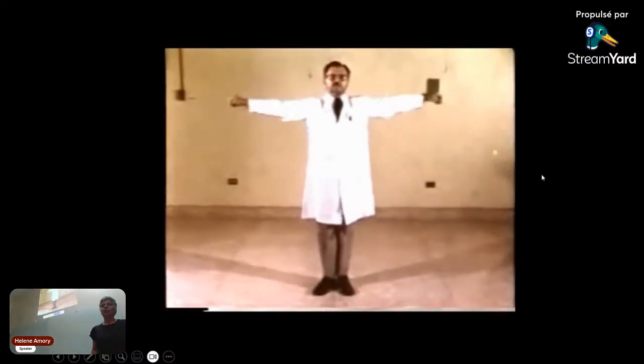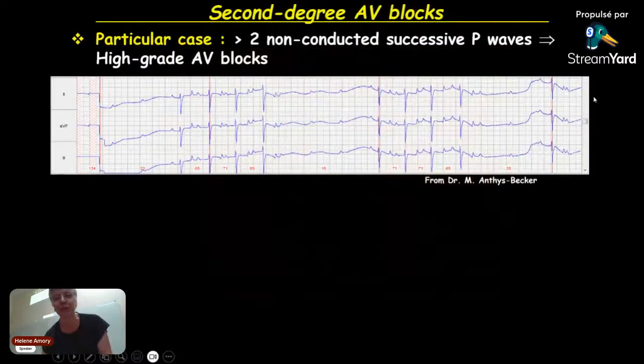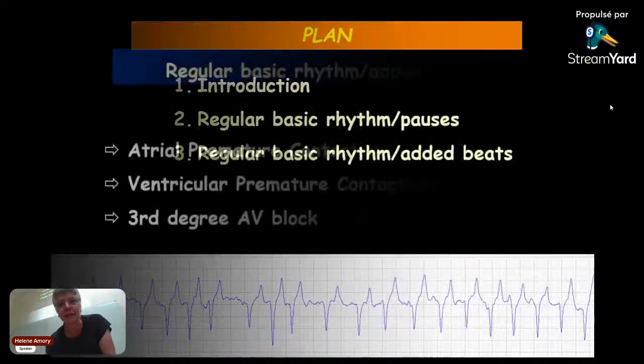Just something amusing, do you know this video? Imagine when the atrium depolarizes and contracts, and after the depolarization goes to the atrioventricular node and the ventricle depolarizes and contracts. Atrium and ventricle. Oh, there is a block: just the atrium contracts and there is no depolarization of the ventricle after. Just because it's amusing, okay? We are not going to develop everything now.